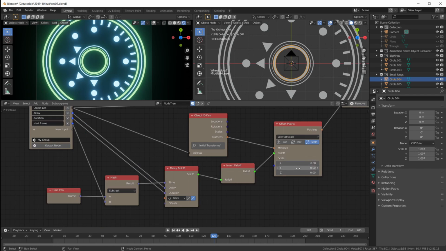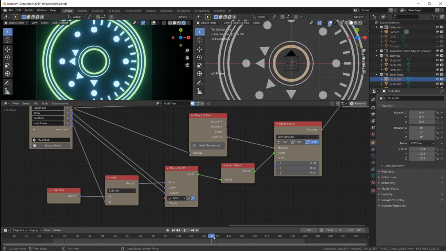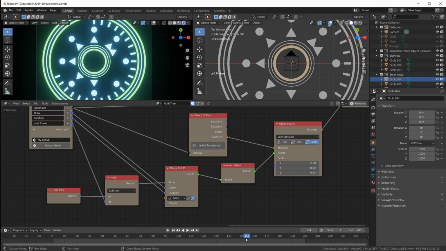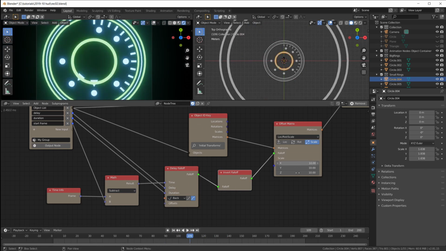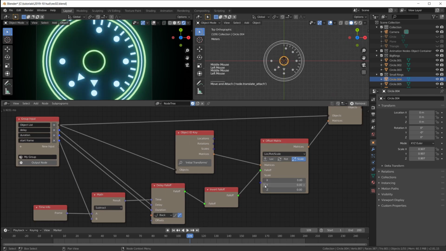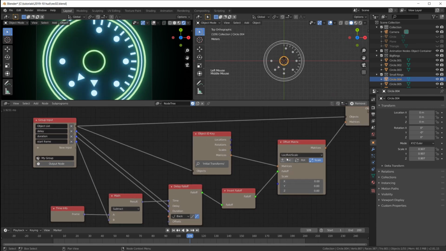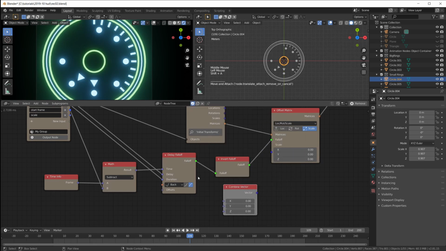Well, we have this scale 0 here, for example, which means we're always coming in from a scale of 0 and we're bouncing to its final scale. So maybe we want to be able to set this from outside, from here. So I don't know if it's any useful, but how about we just add a new float here, call it scale, create a vector, combine a vector,